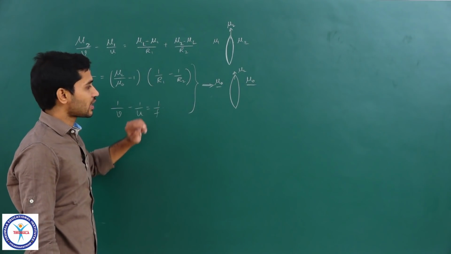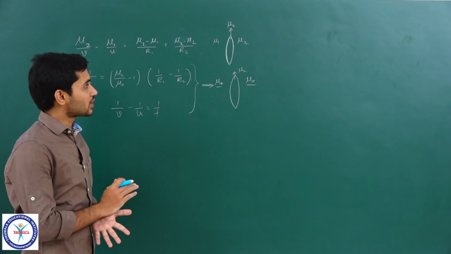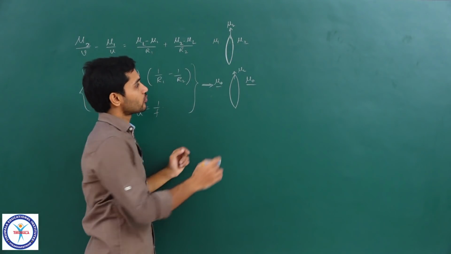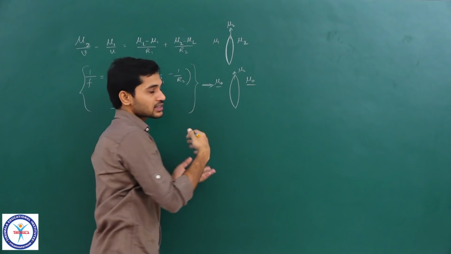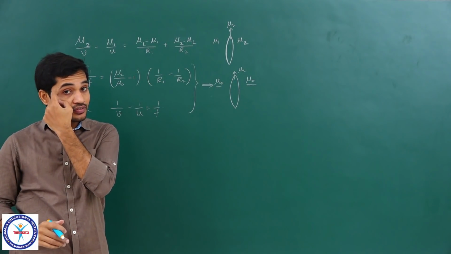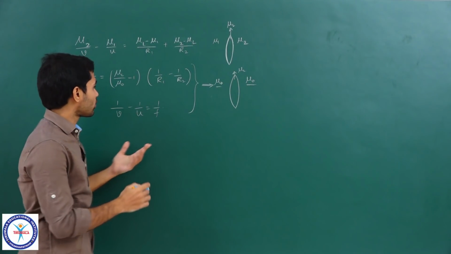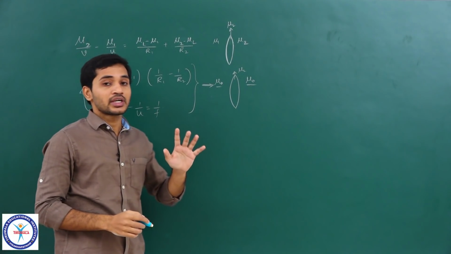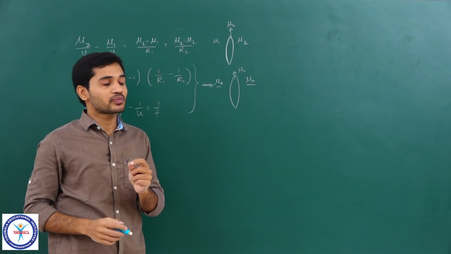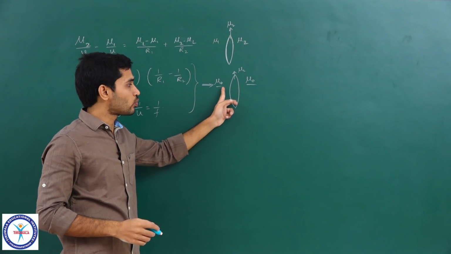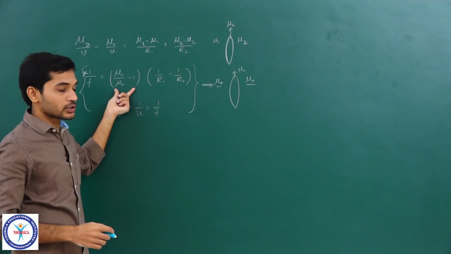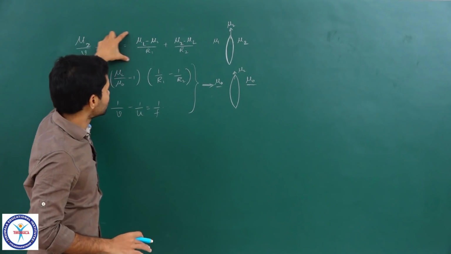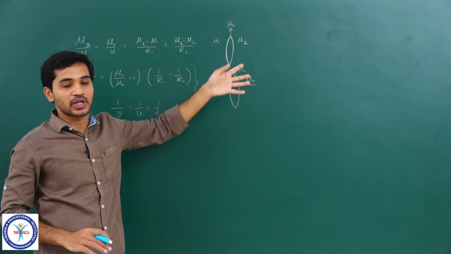So, based on that we have derived this. Now let us try to understand how to deal with such cases. For example, if we have mu 1 on one side and mu 2 on the other side, so if the lens has different refractive indices on either side, then we cannot use the lens maker's formula for such a scenario. So, do not use that. Keep this point in mind. Only when the medium is the same on both sides can you apply the lens maker's formula, otherwise that is wrong, you cannot apply it. You will have to go back to the general equation and then apply the concept there.